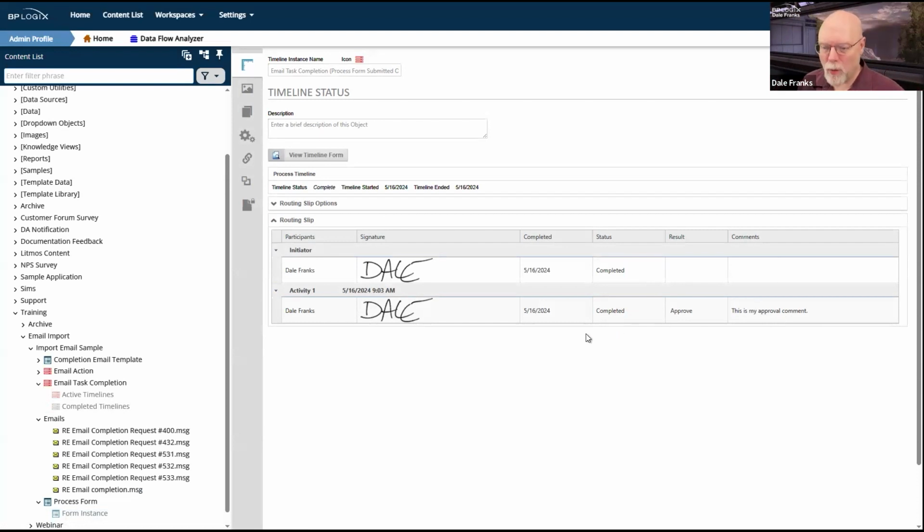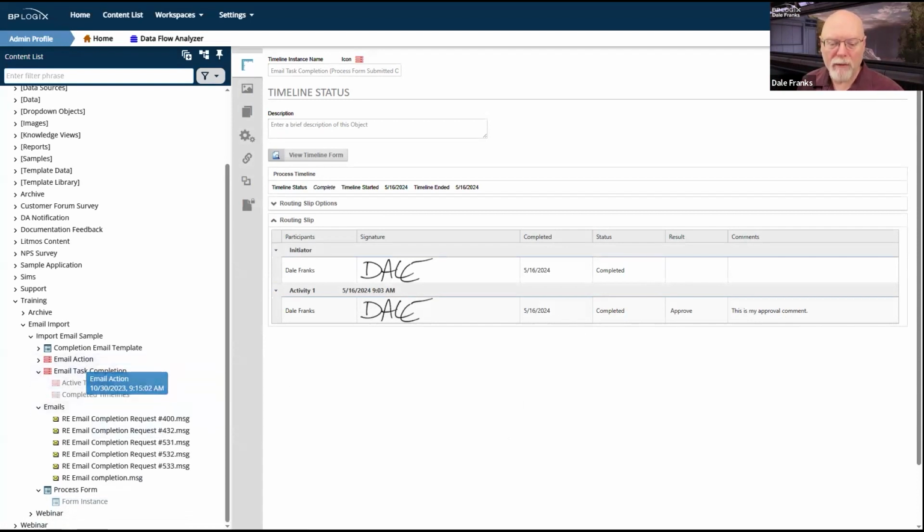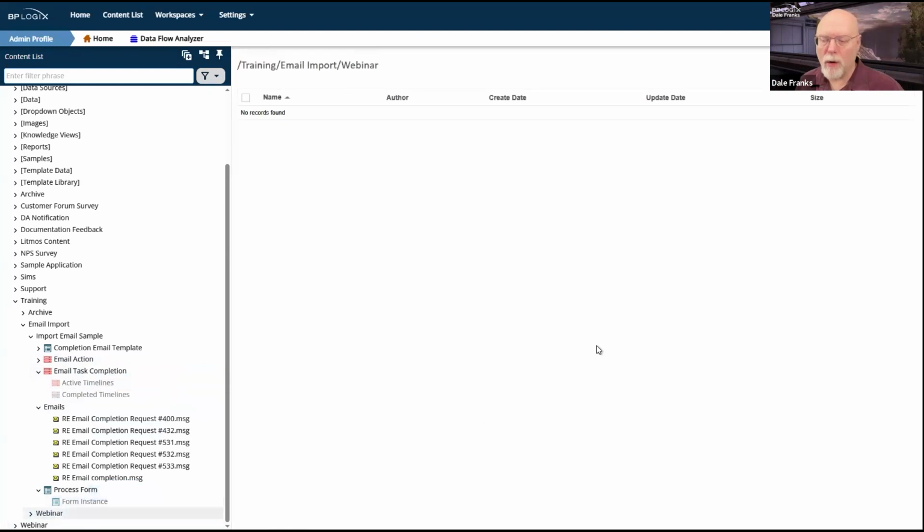How does it work? Let's go ahead and rebuild this whole thing from scratch. So we're going to go into our webinar folder. Now this is mildly complex. There's a couple of moving pieces here that we have to implement. And so I'm going to implement them. Well, I was about to say I'm going to implement them in an odd order, but maybe it'll make sense if I do it this way.